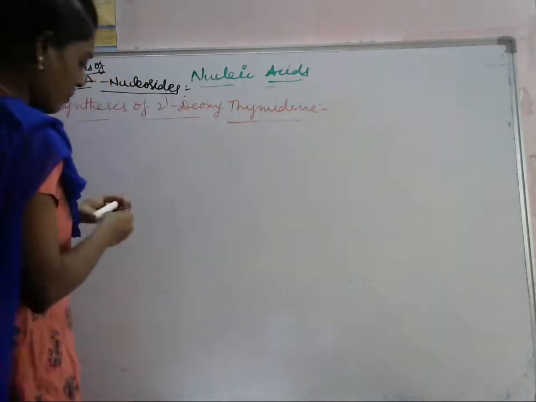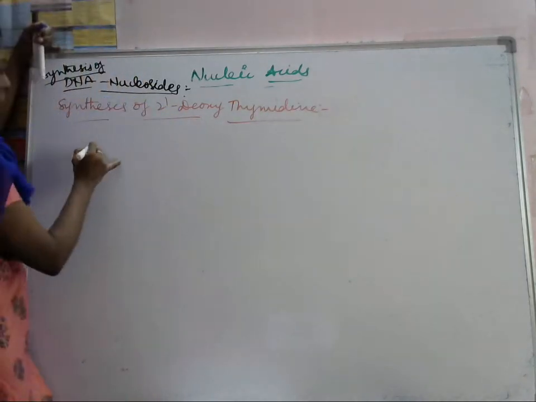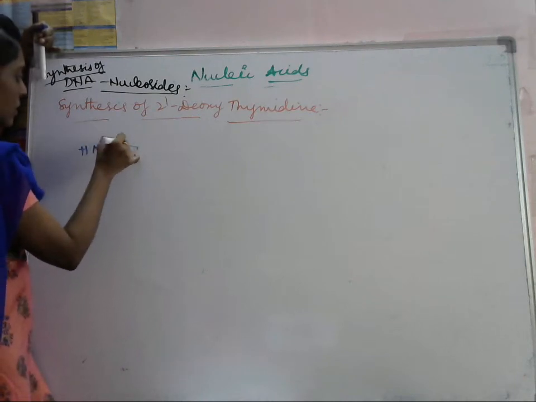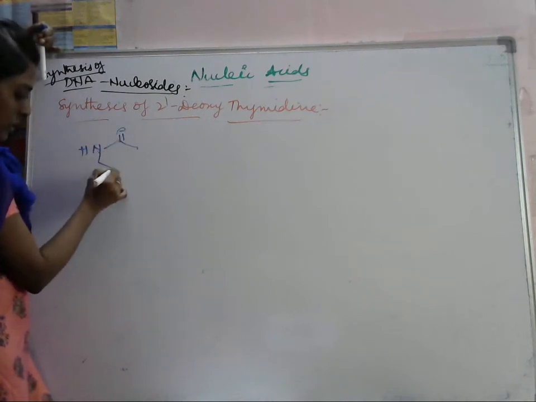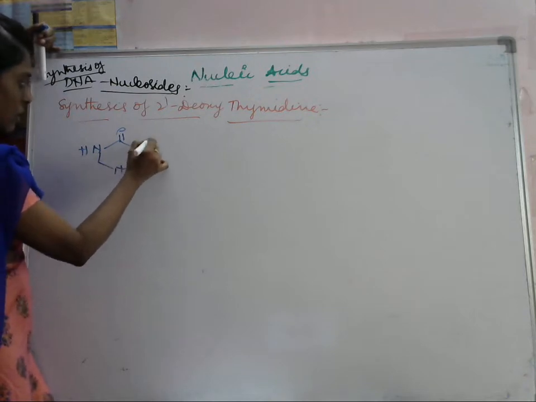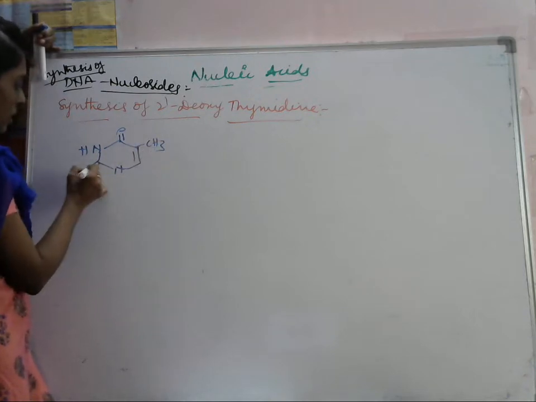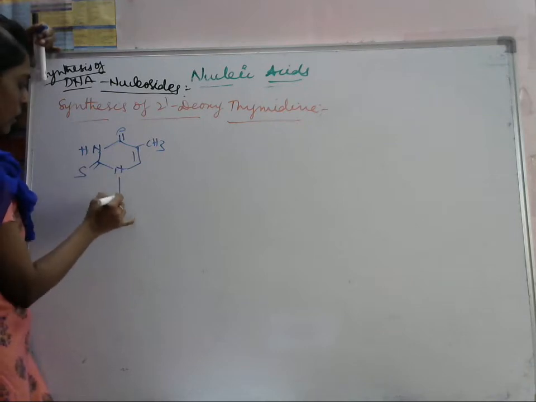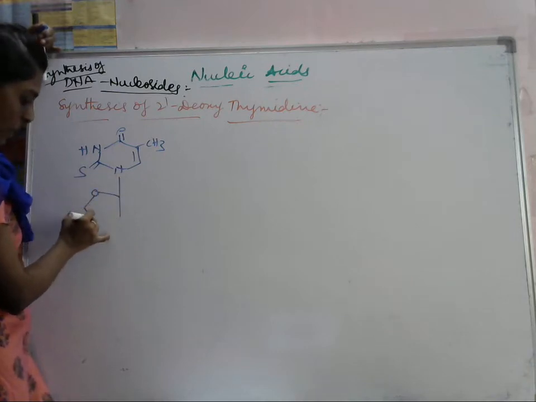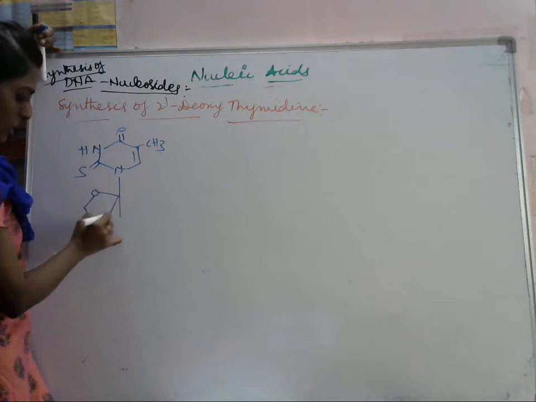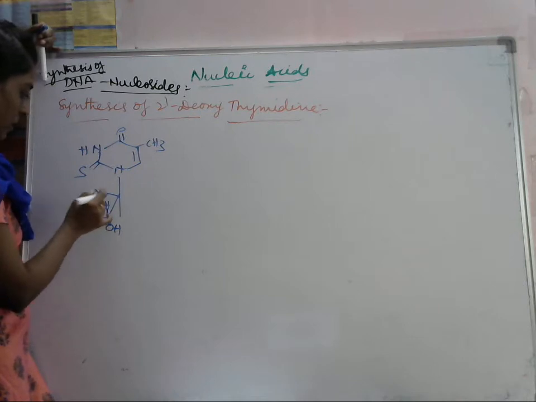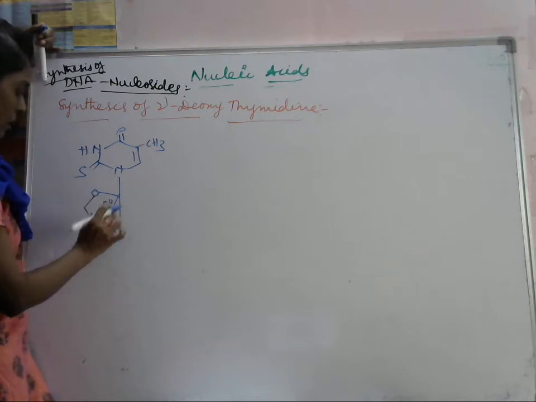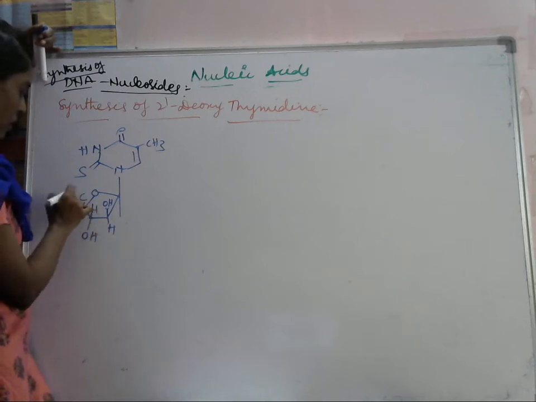Thymidine. Let's see how we have to prepare this thymidine. Okay, first we have to take the double bond here, N, here methyl will be there, here double bond S will be there, and we have to take this one here. OH will be there. For your understanding, I am writing here. Okay, otherwise we can write here OH, here H, OH, here CH2, OH, H is there.